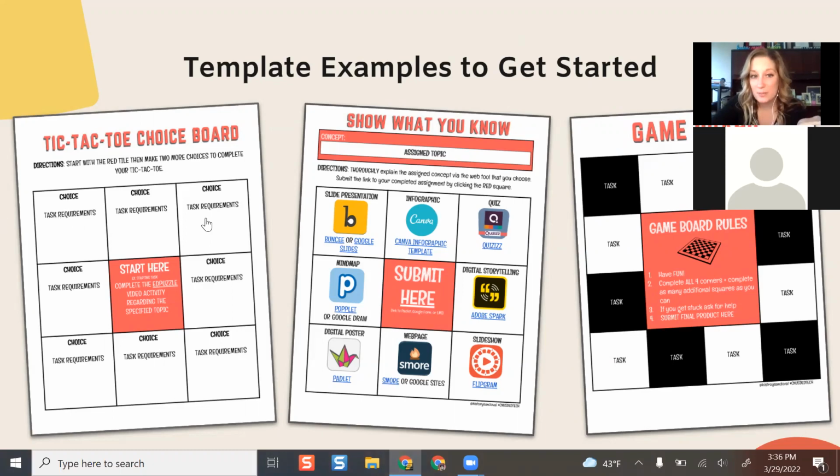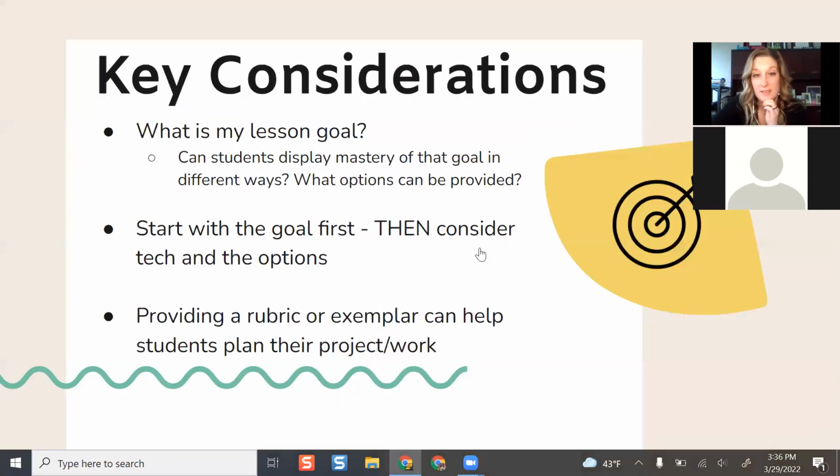All right, so here's examples of choice boards. If you click any of these pictures, it will take you to that specific example. And maybe you see one that you're like, oh, wow, I love this. I could use this right away. Perfectly fine if you like that. Just some options. But there's a couple of key things that it's helpful to keep in mind as you're planning